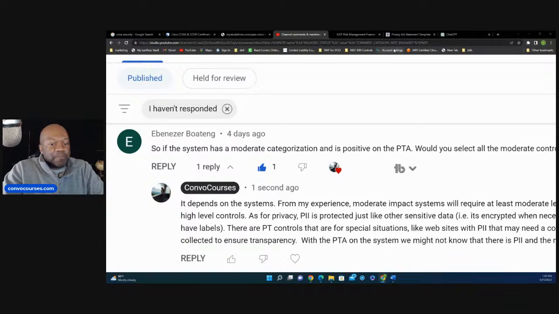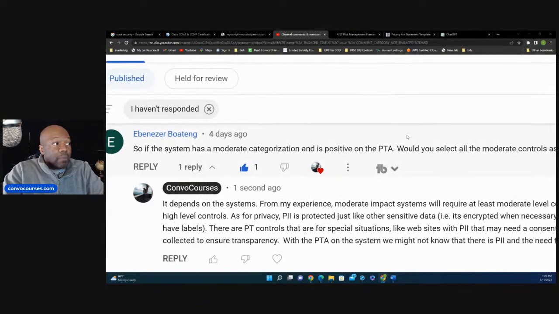So it's important that we do what's called a PTA, or privacy threshold analysis, on these systems. As cybersecurity people, we have to make sure that whatever system we have, we know whether it has sensitive information. Sensitive information, PII, personally identifiable information, your private information, is considered sensitive. So we have to make sure any system that has that has special protections on it so that our data is not compromised. A PTA is how you would figure out whether or not that system has